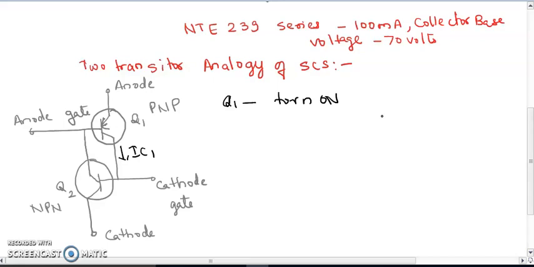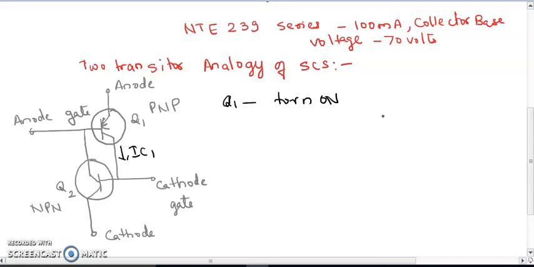It may be turned off by using the forced commutation method by applying a negative voltage between the anode and cathode terminals. The anode terminal must be kept positive with respect to cathode.